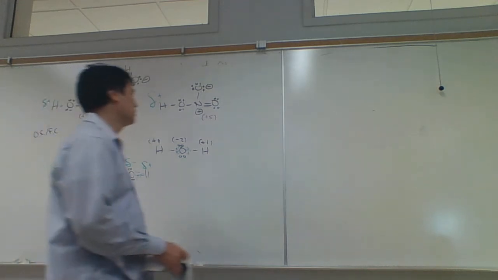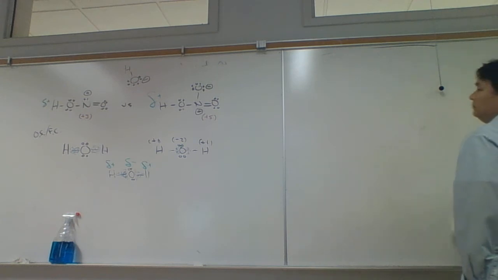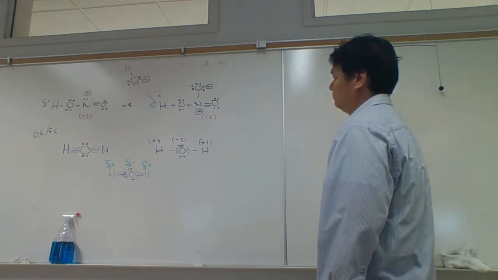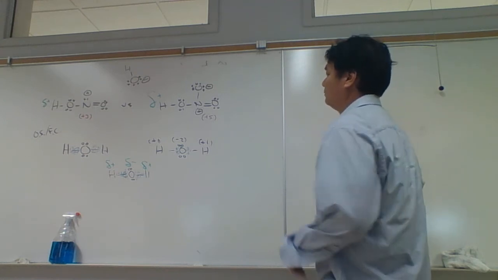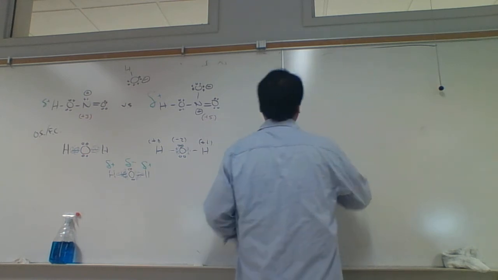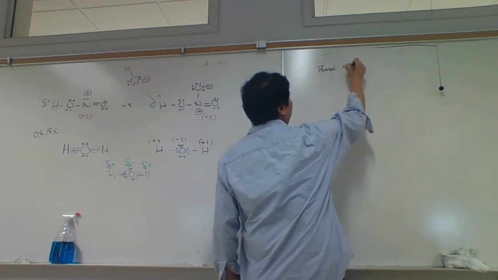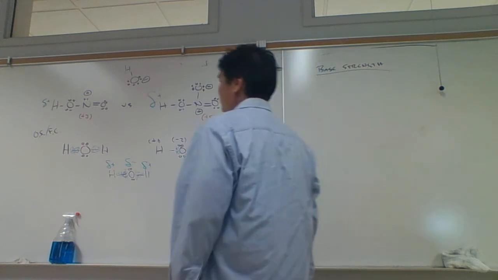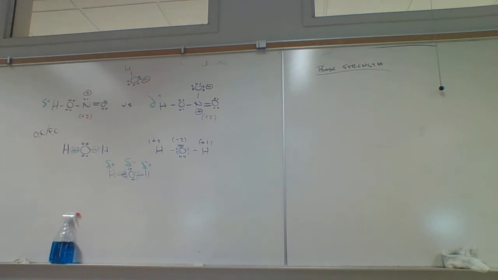So let's take a look at this as an example. Okay, we're going to just look at various bases. So let's look at base strength. The stronger the base, the less stable it is. The weaker the base, the more stable it is. And when we look at the conjugate base,